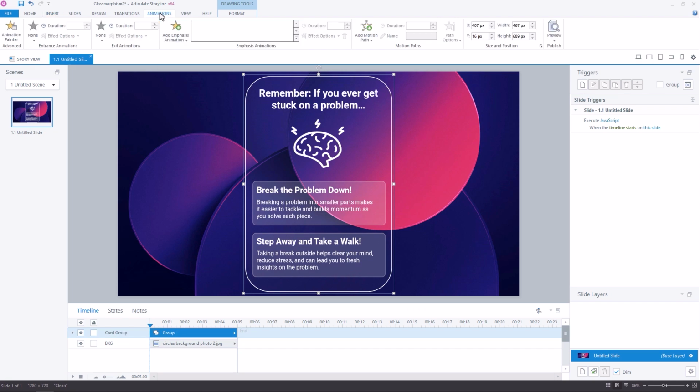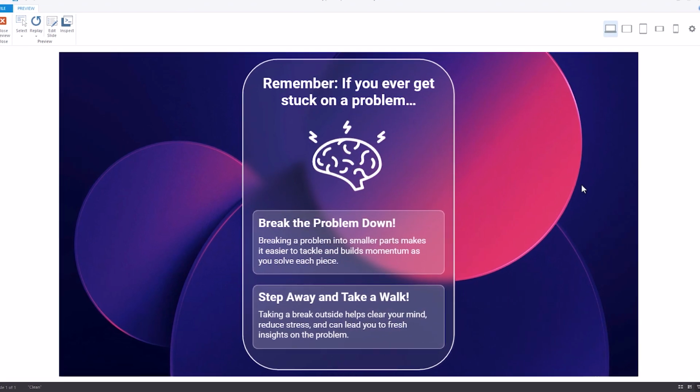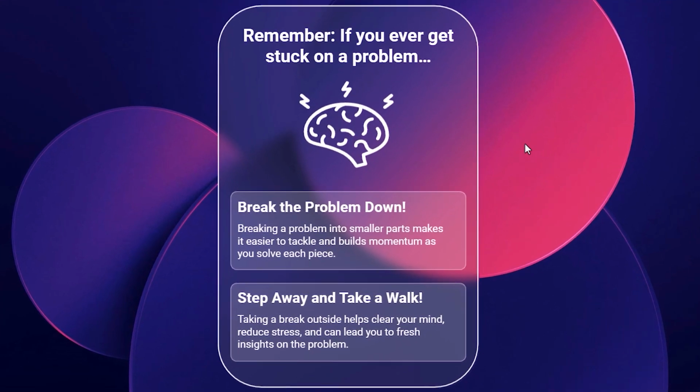Now if I perhaps have this group animate in nice and slowly from the right, when we preview this, you'll see that the frosted glass effect nicely applies to whatever is in the background as the whole card moves across the screen. What's more, we can have absolutely anything we want behind the card and the effect will always apply.